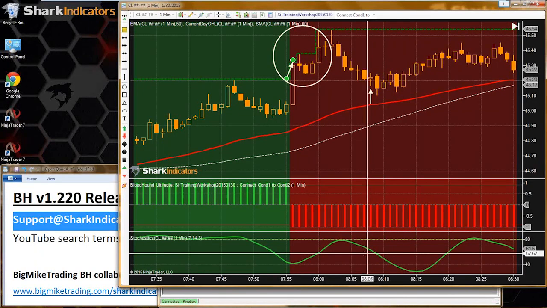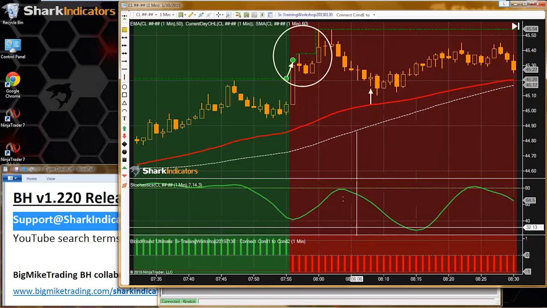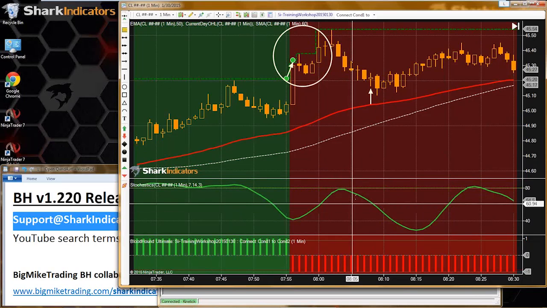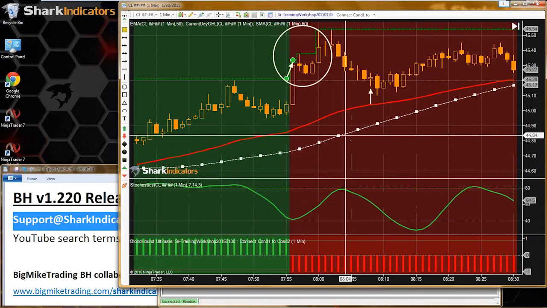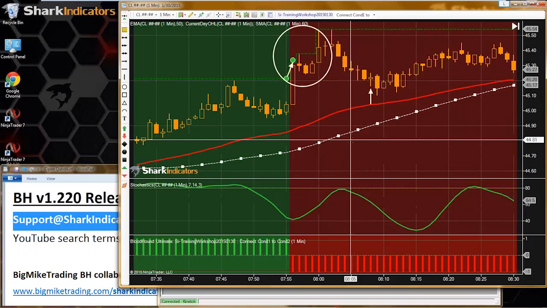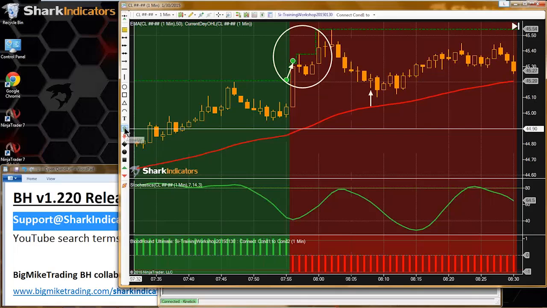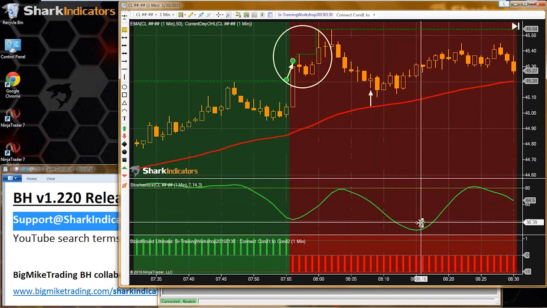So we'll use a cycle indicator. Okay, so here's what I'm thinking. Let's get rid of the SMA, since that didn't pan out, and I'm thinking here, when our stochastic reverses up,